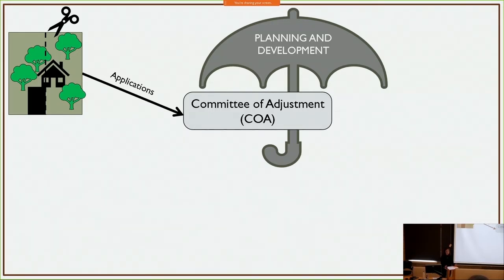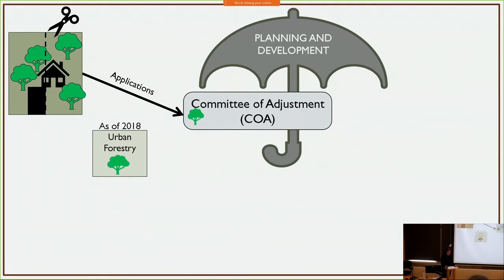The proposed development has to comply with the city's official plan and, as of 2018, the Long Branch Neighbourhood Character Guidelines, so as to ensure that this proposed development is in line with the existing built form and allows for green space. So the COA will be testing for that. And as of 2018, the Urban Forestry Department put forward a motion that was passed by City Council to more formally incorporate and improve tree protection through the COA process.